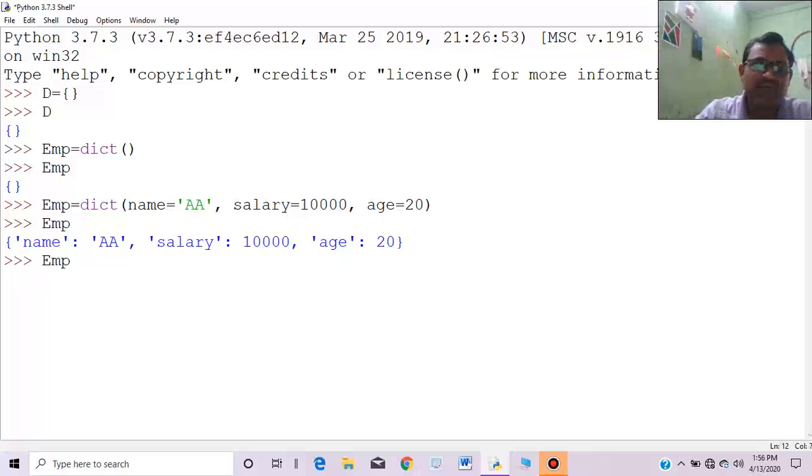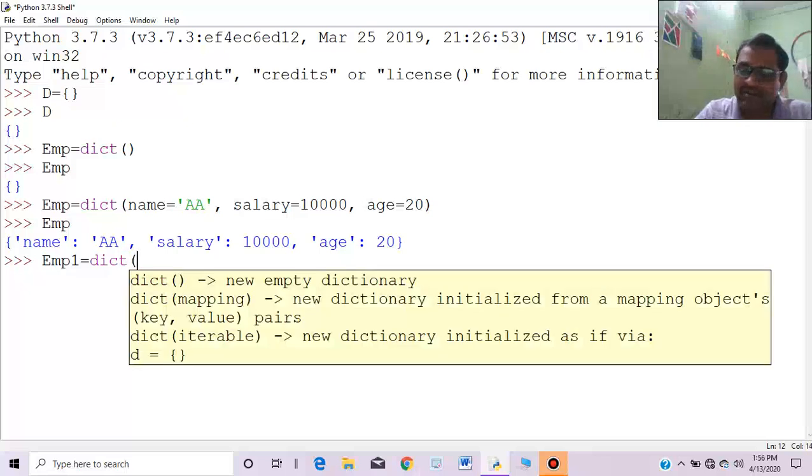So this is the first version of the dict method, and now look at the second version. Suppose emp1 is another dictionary, and similarly by using the dict method I am creating it here. So this is very simple, likewise key and value. Name is the key, and its value is aa.